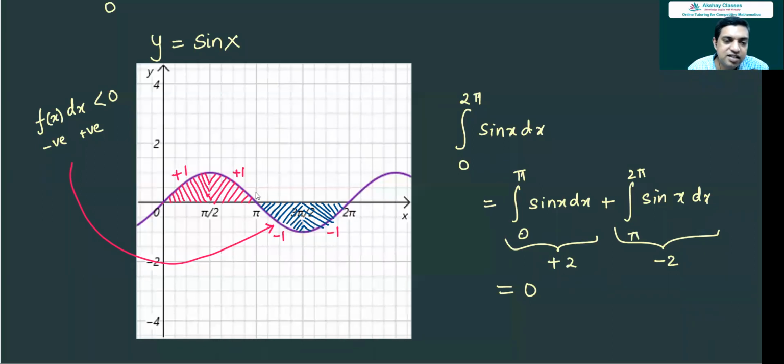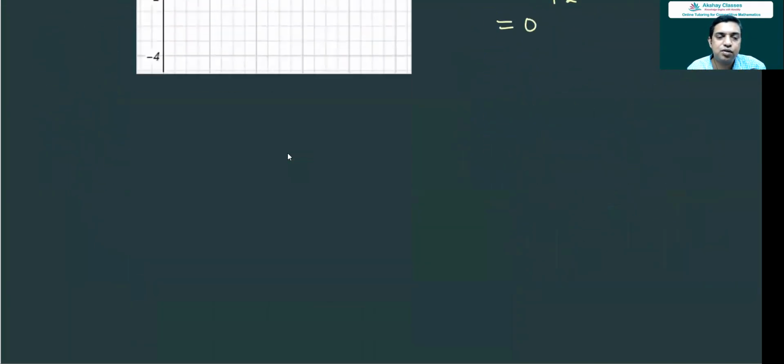The regions above the x-axis will have positive sign and the regions below the x-axis will have negative sign associated with them. So we'll have to algebraically add those areas, including the signs, to get the value of the definite integral. So if there is a function like this,